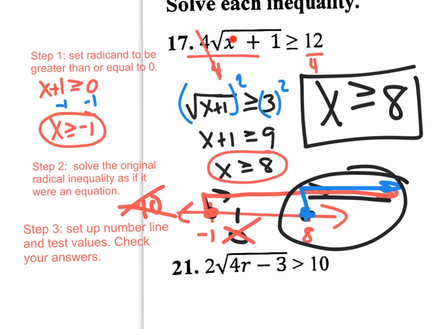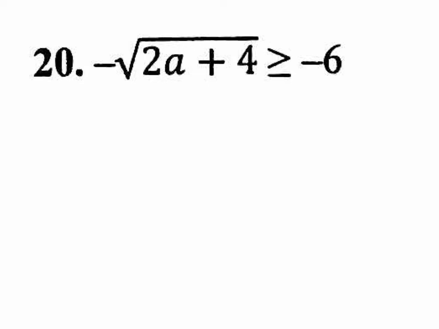So let's test 8. If you pick 8, 8 plus 1 is 9. The square root of 9 is 3. 4 times 3 is 12. It works. Any number greater than 8 will work. So that's what I mean by check your answers. You draw your number line. The overlap piece is your answer. But you need to check and make sure that your answers actually work. Jump to number 20 on your homework. This one's interesting